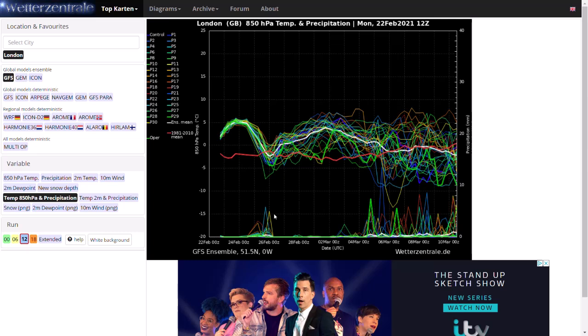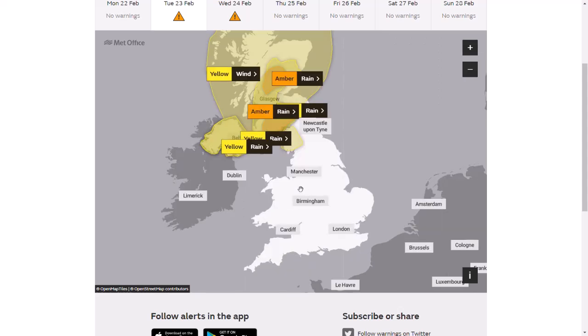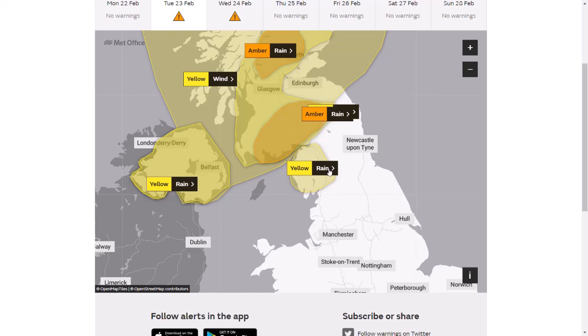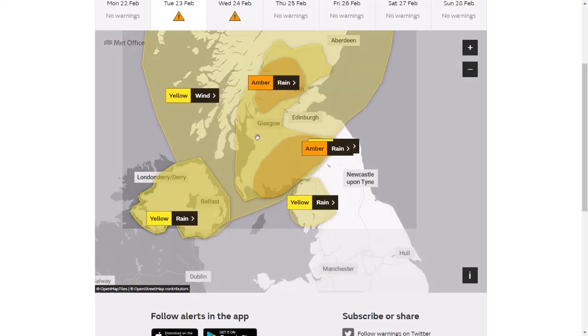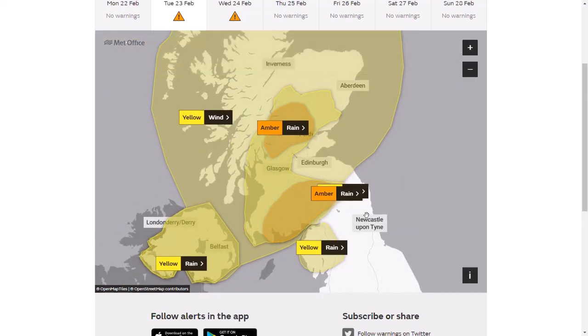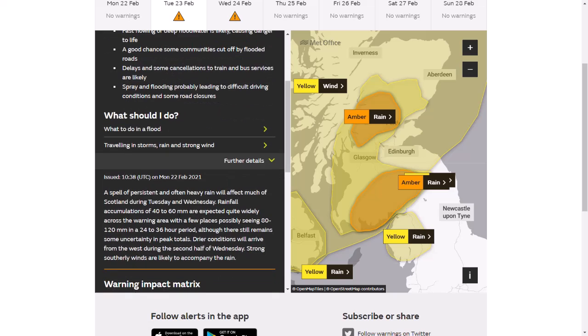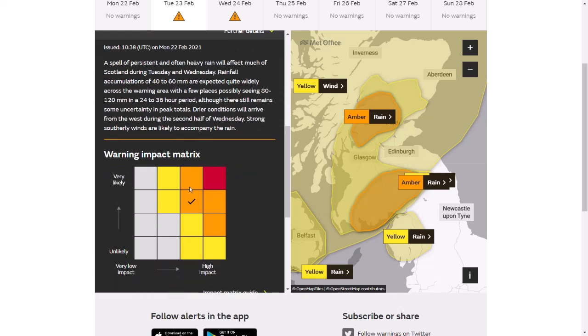Finally, though, we'll have a look at the amber warnings and yellow warnings for rain. As you can see, it's mainly over northern areas, sort of northwest England, getting into southern Scotland and central Scotland as well. Yellow warning for wind as well, but mainly for rain. You can see amber warnings of rain. Potential for maybe 46 millimetres, 120 millimetres, potentially over quite a long period. So it's just going to really increase the river levels and could impact quite a few areas,